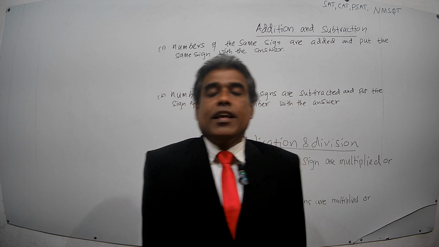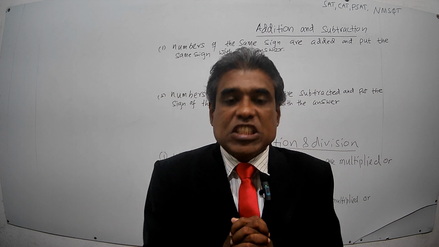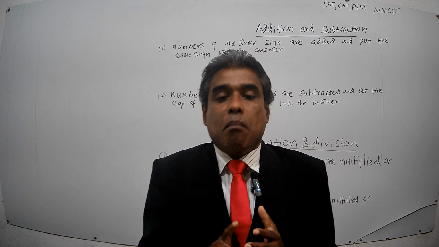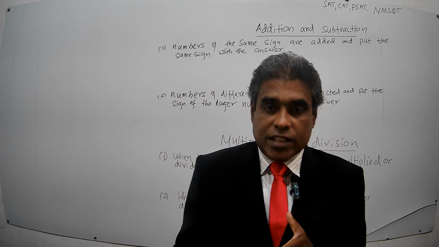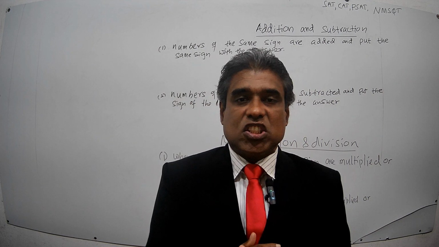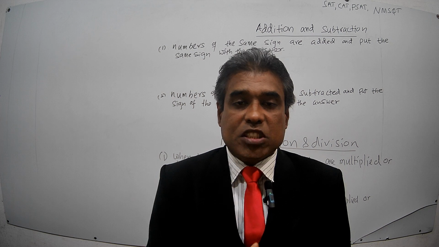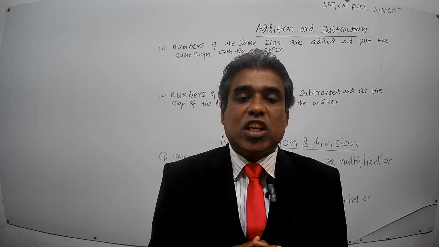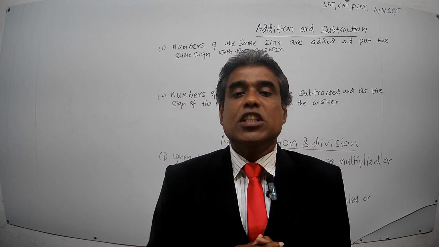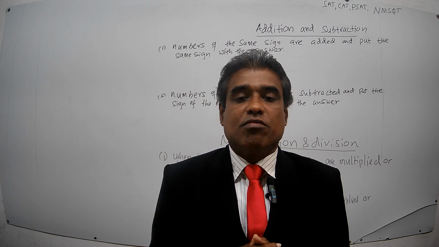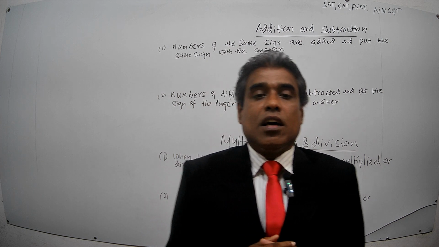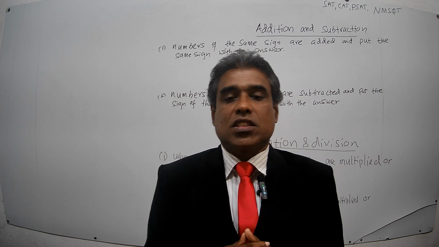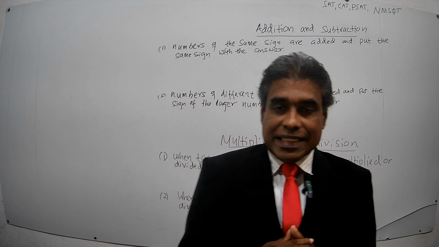As far as directed numbers are concerned, they can be added, subtracted, multiplied, and divided. So there are four operations that can be executed with directed numbers: addition, subtraction, multiplication, and division. To do these four operations, there are certain rules that you have to follow, and the purpose of this video is to give knowledge of those rules and how to apply them to add, subtract, multiply and divide